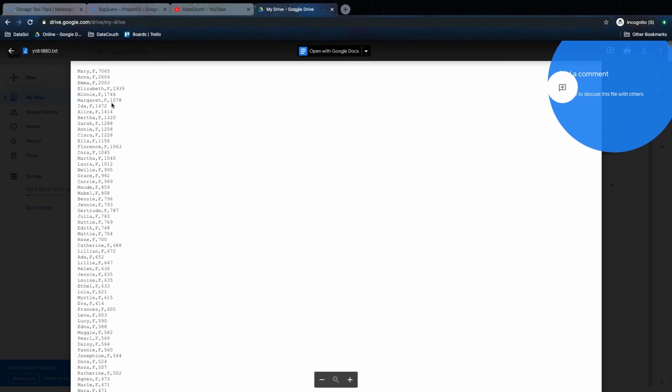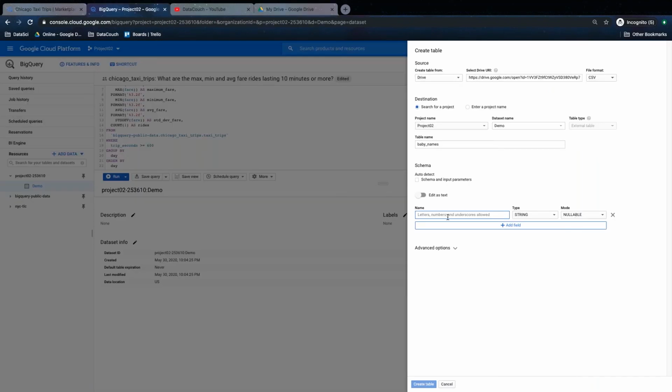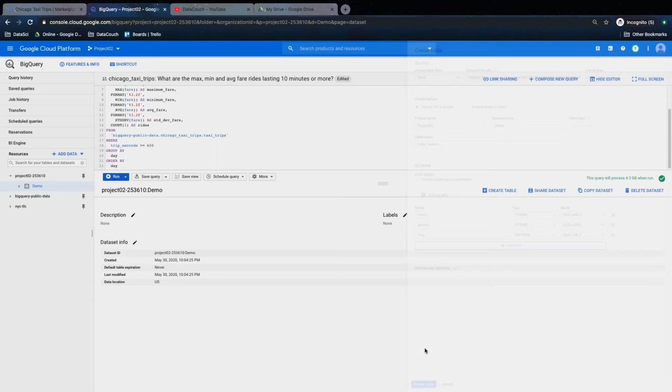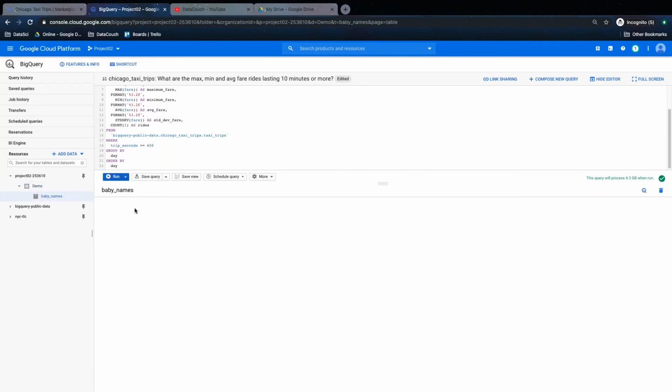So this is the frequency, how many times a particular name is appearing. I'm writing name, and this is a string, adding another field which is gender, and another field which is frequency or count. I'm writing frequency, and I'm saying this is an integer. So I'll say okay, create a table with 3 fields. We need to save the JSON file in the Google Drive and create a data set on top of that. So when you are creating a table, this table baby names is created.